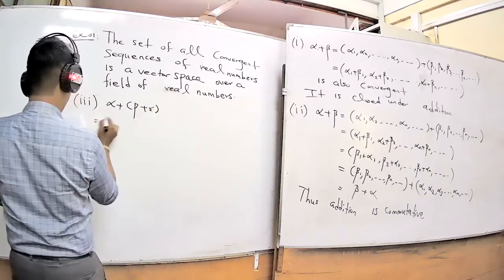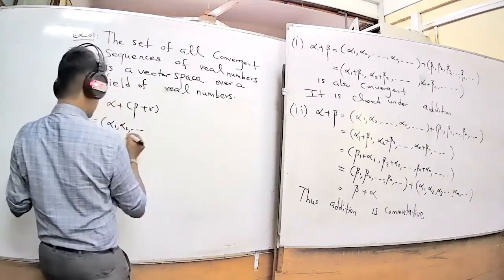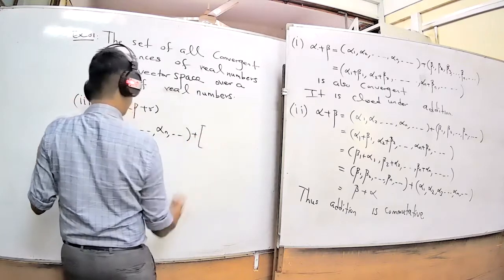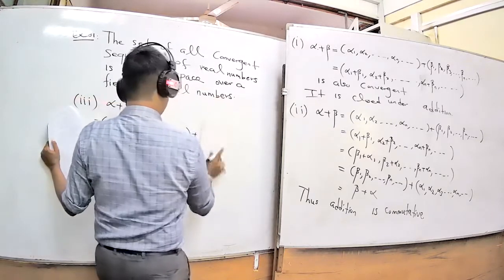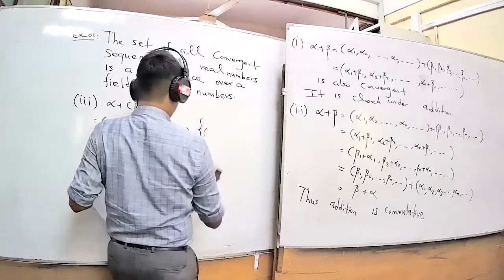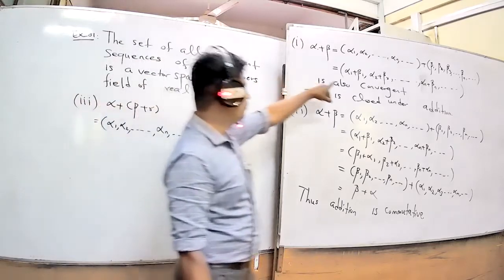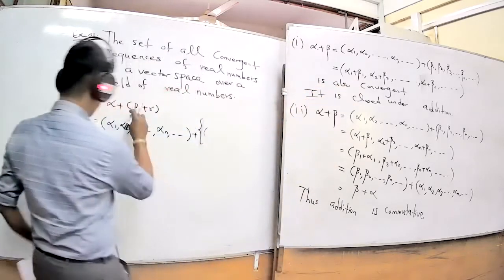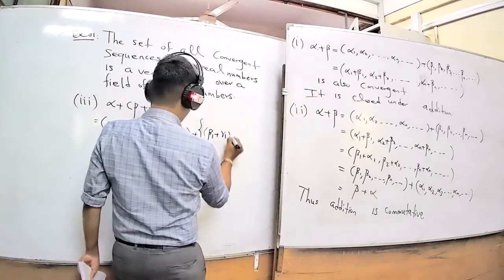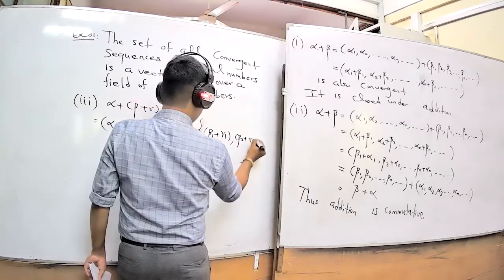Now you write alpha as alpha 1, alpha 2, and so on. These are convergent sequences. Alpha n and so on. You know beta plus gamma is of this form. Similarly for beta plus gamma, with beta 1 and gamma 1, we will write beta 1 plus gamma 1, beta 2 plus gamma 2,